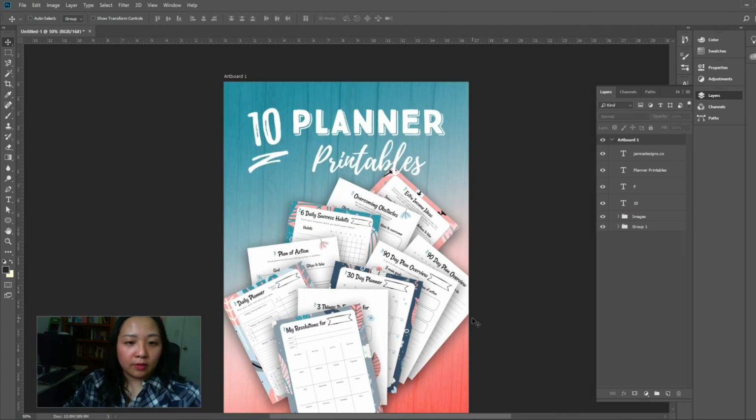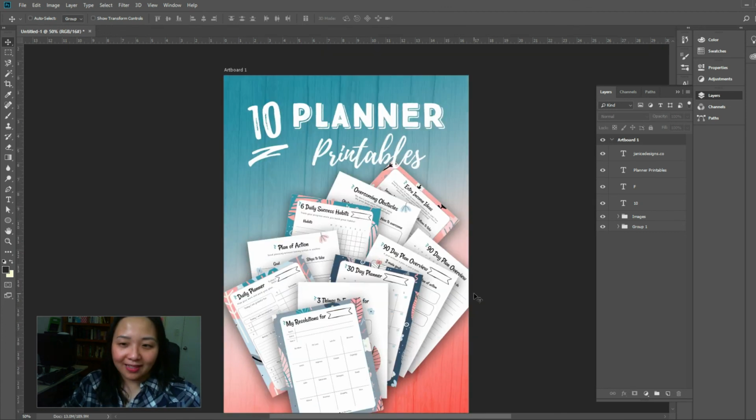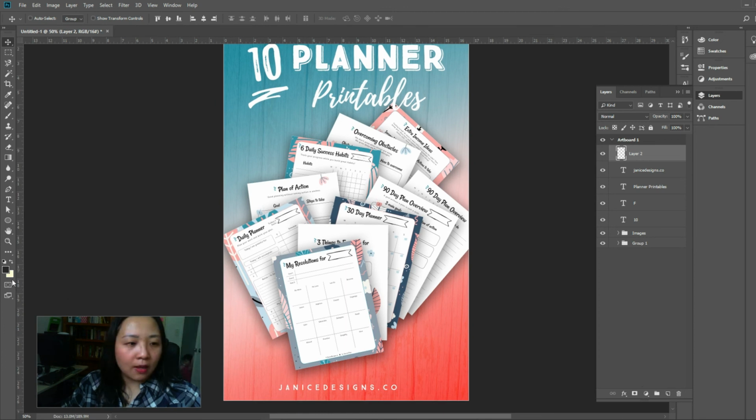So one last thing that you might be interested in is to create a color on top of your whole image listing. And to do that,